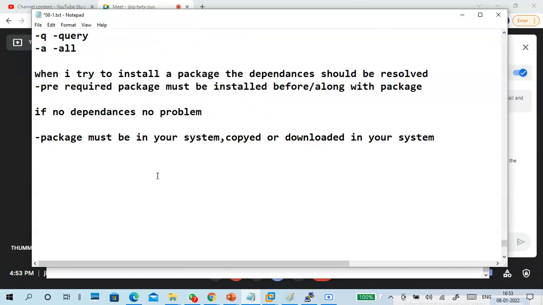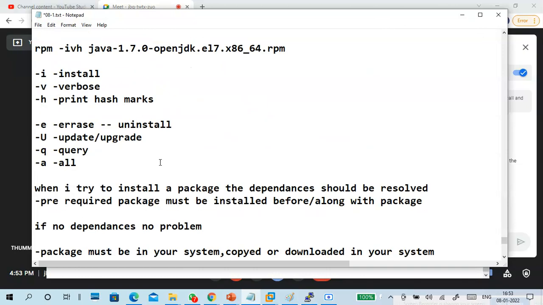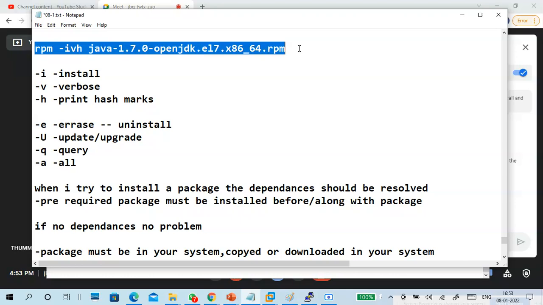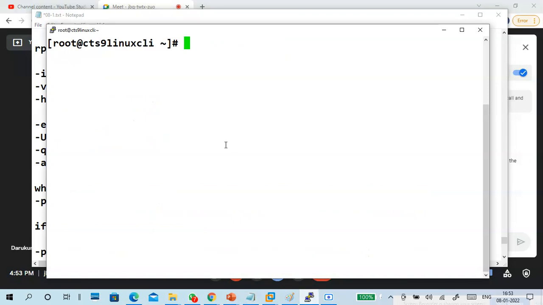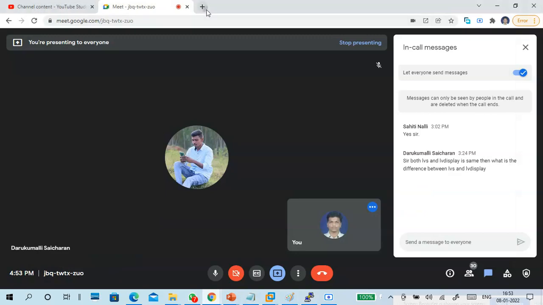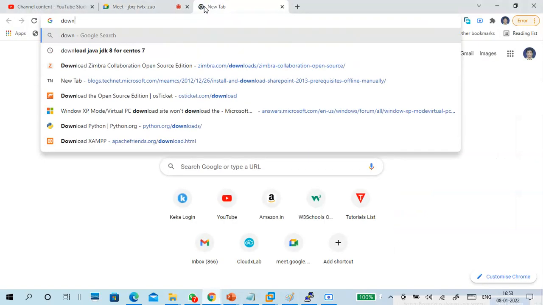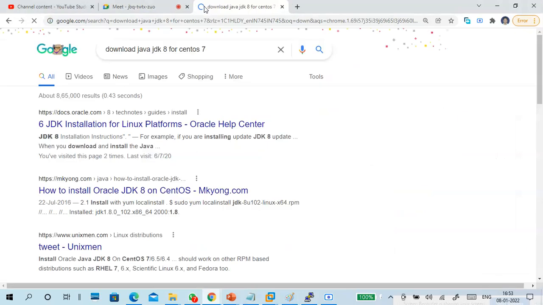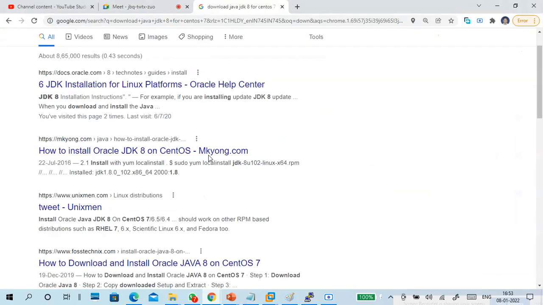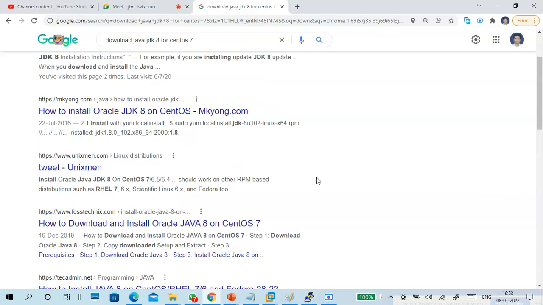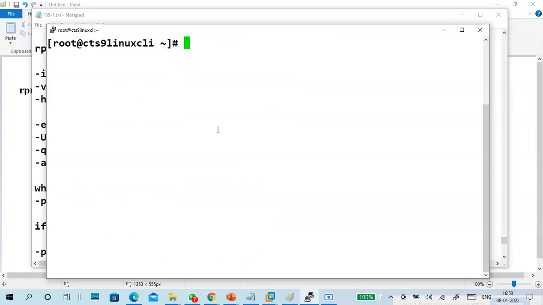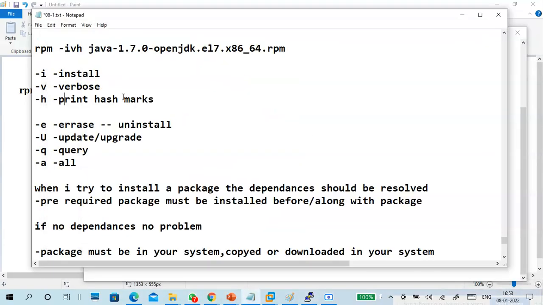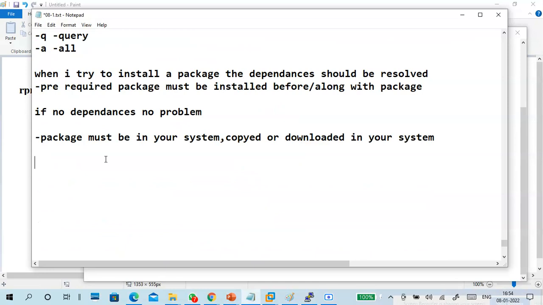Okay, guys, do you understand how to install a package? Yes, sir. Otherwise, you can download a package, no problem. So I'm downloading a package for you. But how to copy? Okay, like this. This is very simple, don't worry about it. So this is the command for installation purpose.